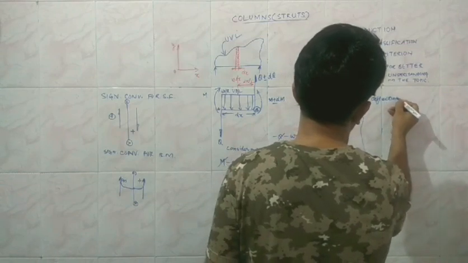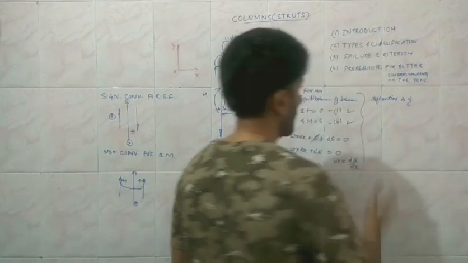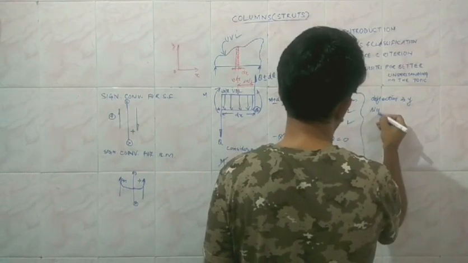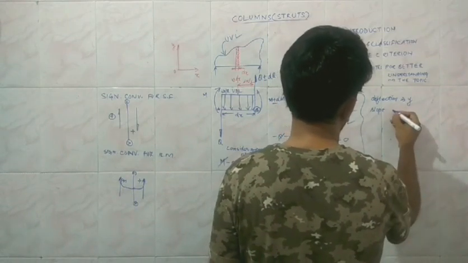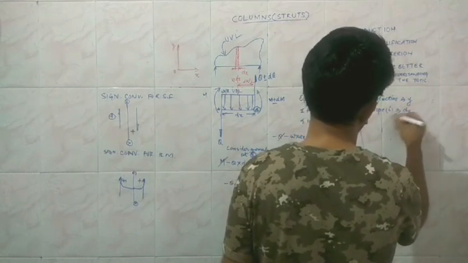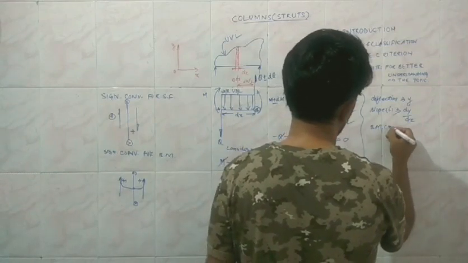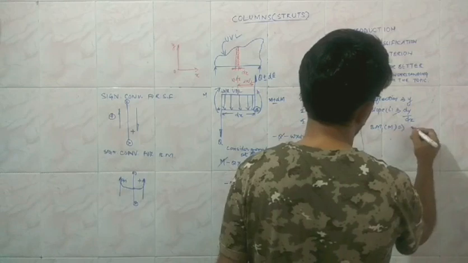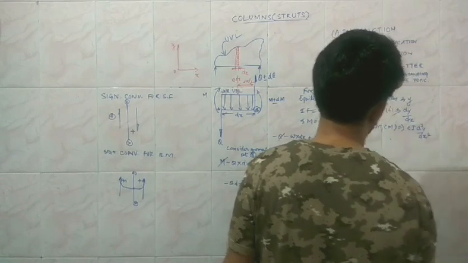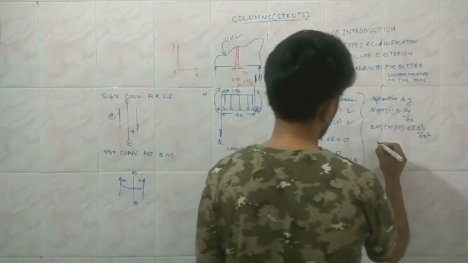the deflection is given by y. At any x, if the deflection is known, then we are able to find out the slope, which will be equal to dy upon dx. Then the bending moment, which is denoted by m, will be given by EI into d square y upon dx square. If we know the slope, then the rate of change of slope, if we are able to identify, then we are able to identify the bending moment.